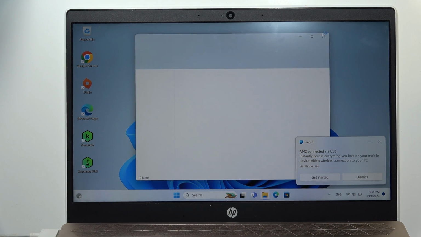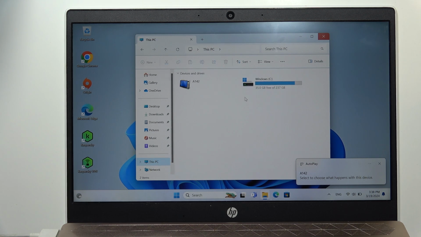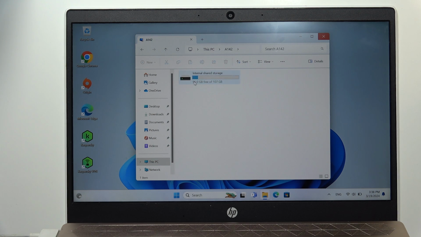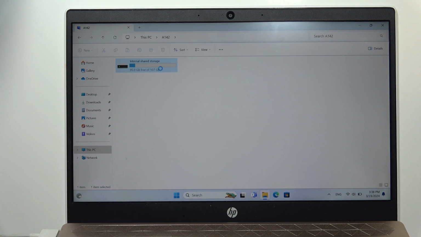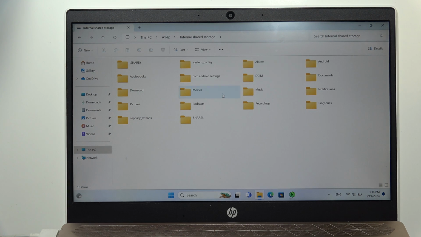So I'm going to open my files. I have to go to This PC, and from here I can find my device. So this is the Nothing phone, and from this I can find the internal storage of my Nothing phone. And if I want to transfer something from my Nothing phone to my PC, I can quickly do this by opening, for example, the pictures,